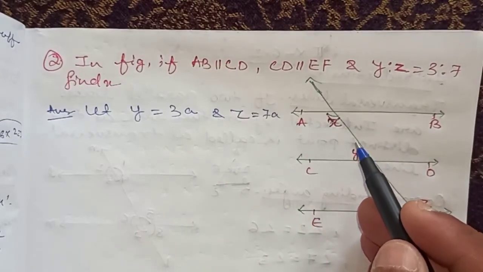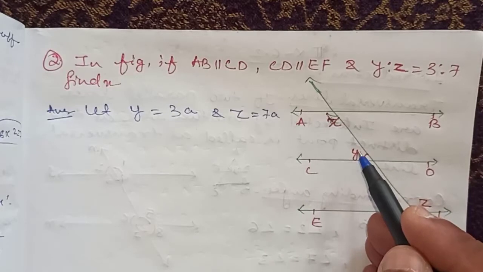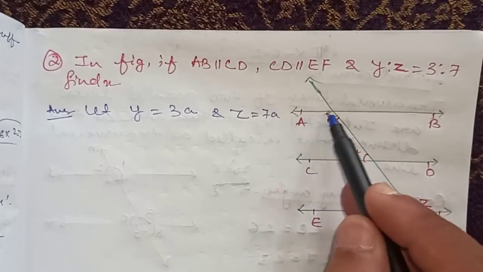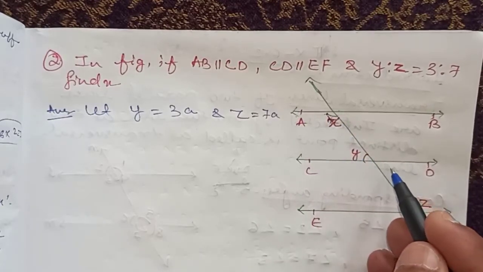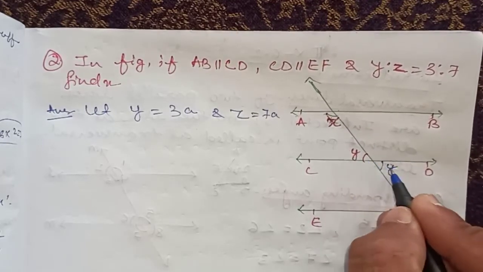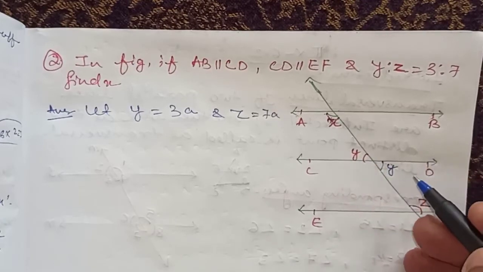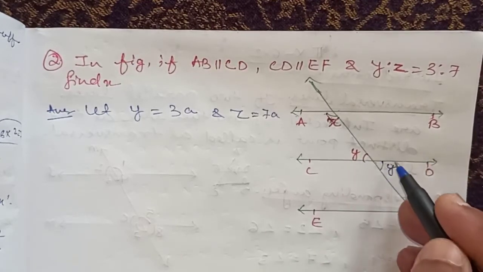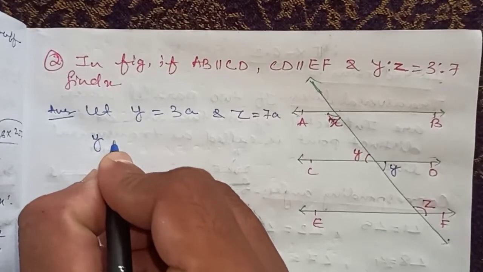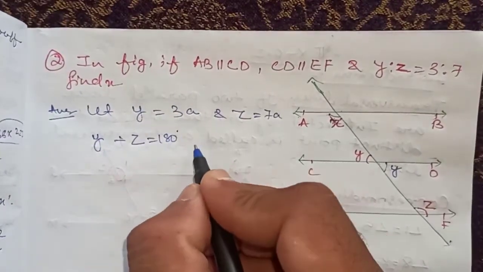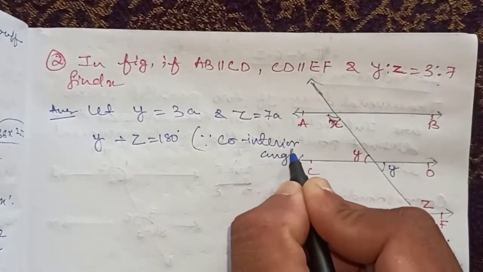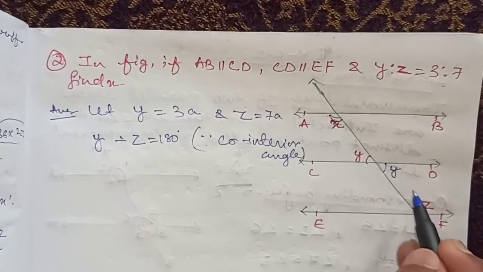Now can you see, by adding these two angles we should get 180 degrees. Why? Co-interior angles. See the shape, it is a C shape or reverse C shape. This angle is equal to this angle. Why? Vertically opposite angles. So here I am writing y. These two angles are equal because they are vertically opposite angles. Now this shape is a C shape, isn't it? So y plus z is 180 degrees. Why 180 degrees? Because co-interior angles. Getting it? When we add these two angles, we should always get 180 degrees.